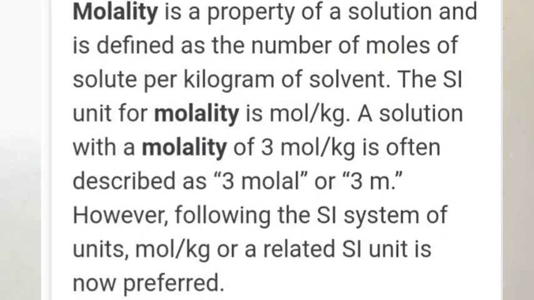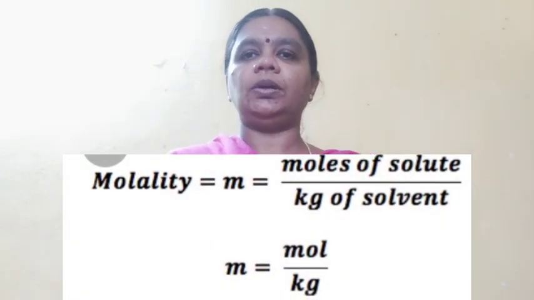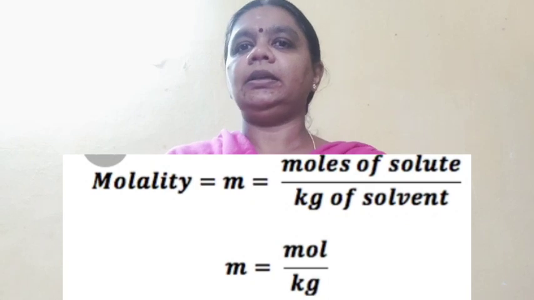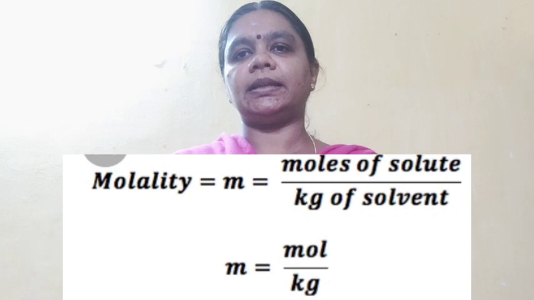Number 3 is molality. Molality is another term which is defined as number of moles of solute present in 1 kilogram of the solvent. Once again, molality is defined as number of moles of solute present in 1 kilogram or 1000 gram of the solvent. That can be written as molality is equal to number of moles of solute divided by weight of the solvent in kilogram. In case it is expressed in gram, then divide by 1000 so as to convert it into kilogram.